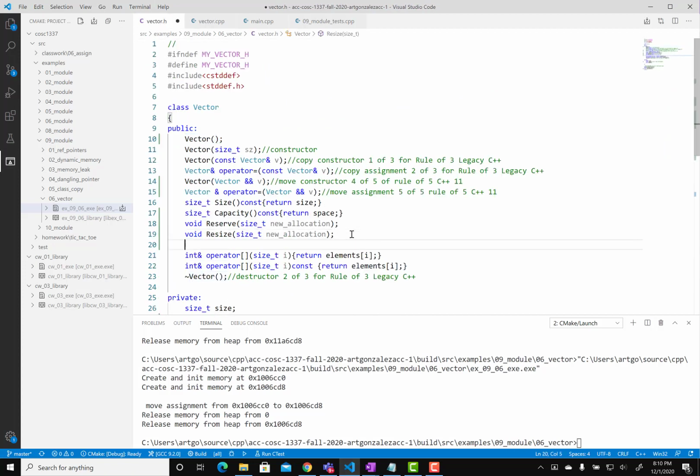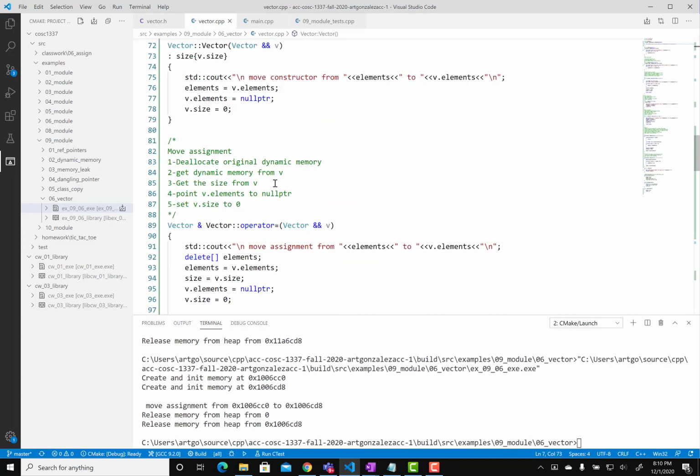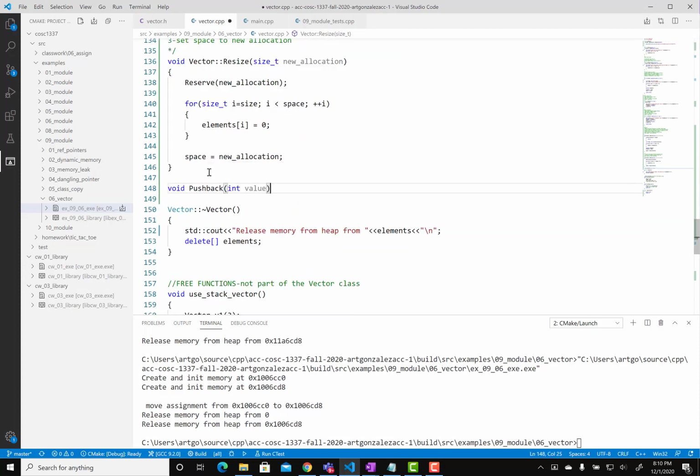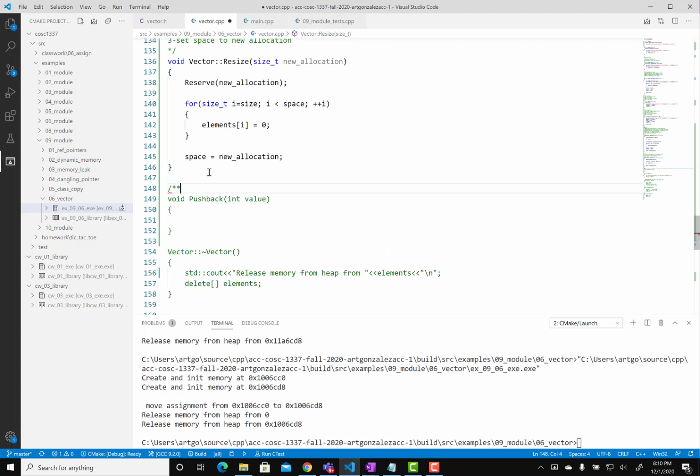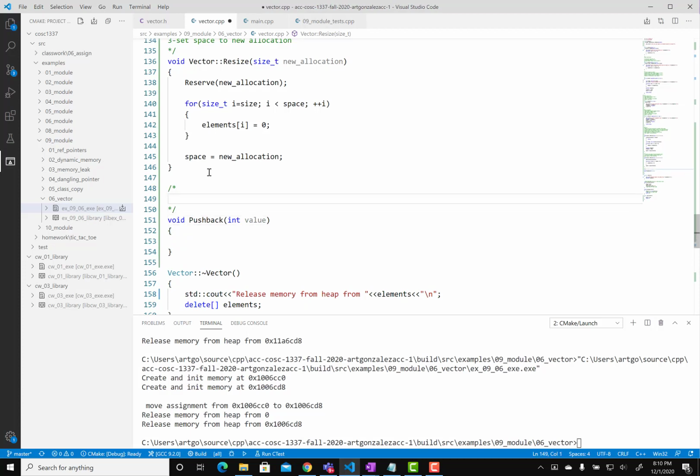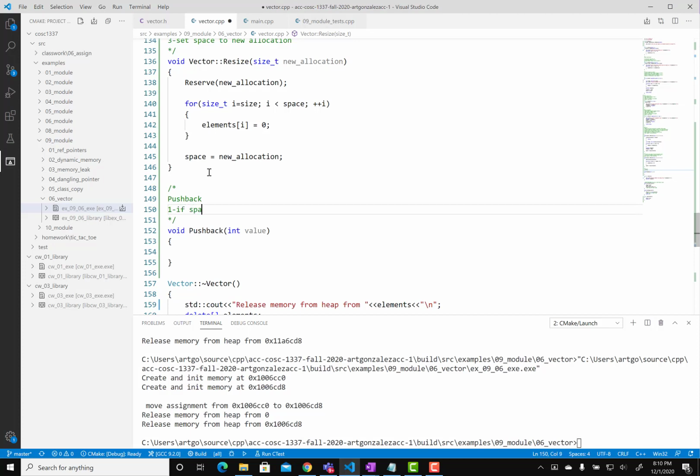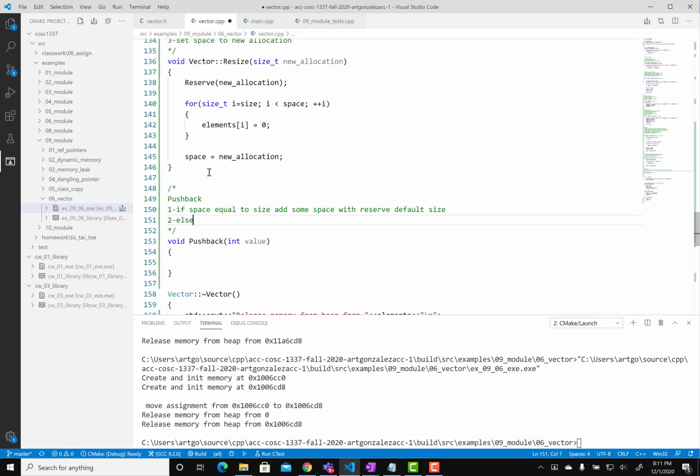Then we can go ahead and write our pushback. So we come here and we have void push back integer some value, because we are working with integers. So we can accept an integer and add it to our elements vector. Let's write pushback. For pushback, we can say number 1, if space equal to size, add some space with default reserve default size, and 2, else if space equal, actually this is 0 and this is size,